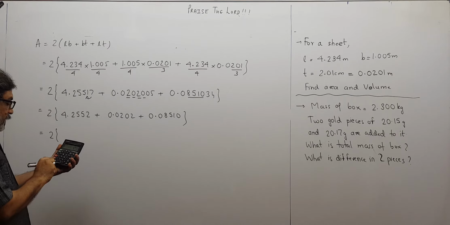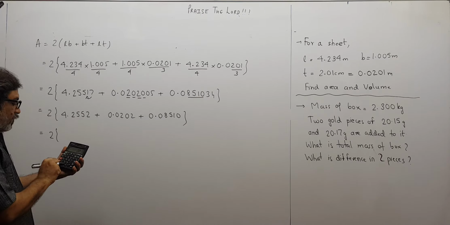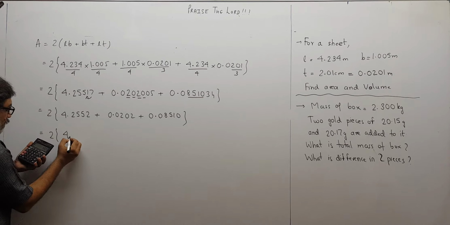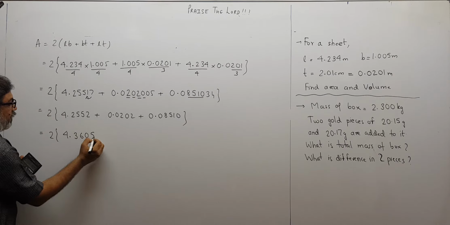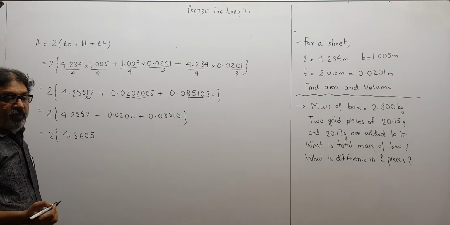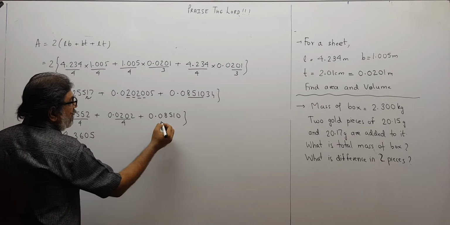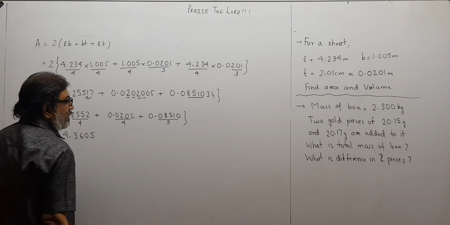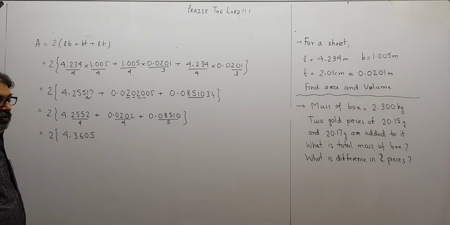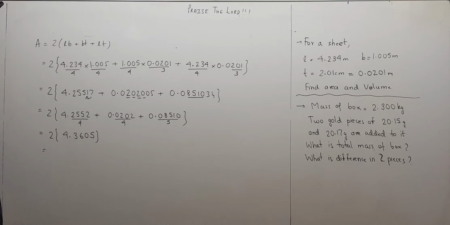4.2552 plus 0.0202 plus 0.08510. That is coming out to be 4.3605. And children, please remember, when we add, we take into account the decimal places. So there are 4 decimal places here, 4 decimal places here, and 5 decimal places here. So I should keep how many? 4. And then we multiply by 2. This 2 is an exact number, children, please remember. So 2 into this, that comes out to be